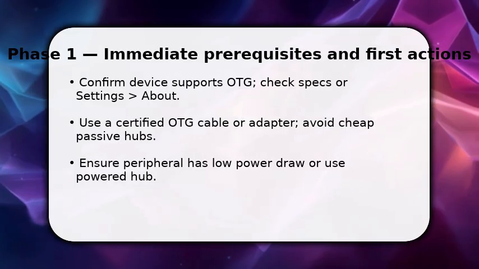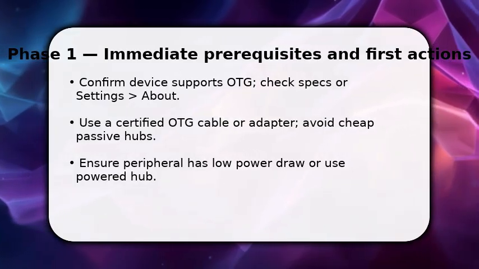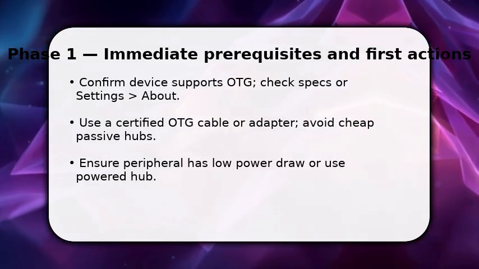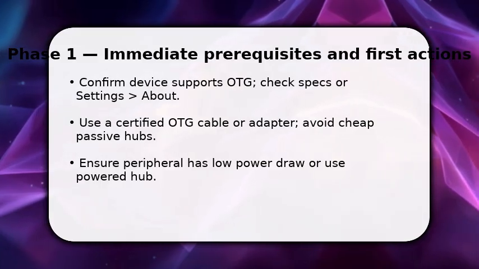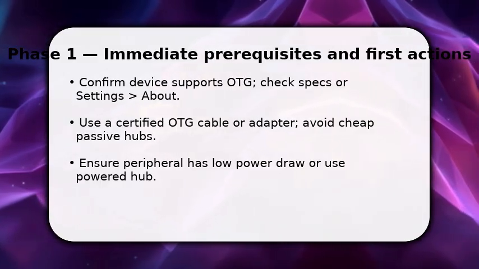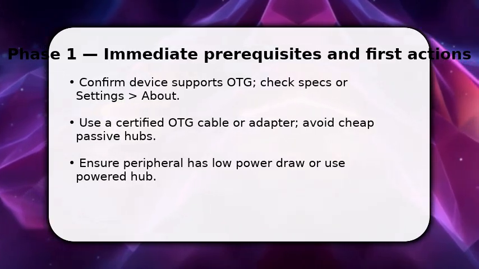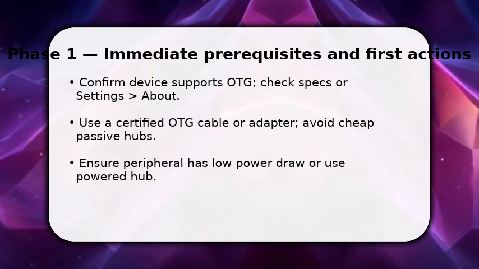If the attached device draws power, use a powered USB hub to avoid undervoltage. Make sure USB debugging is off for normal use, and then power cycle both devices. This forces fresh negotiation. If the phone still ignores the accessory, test the cable with another OTG-capable phone to isolate